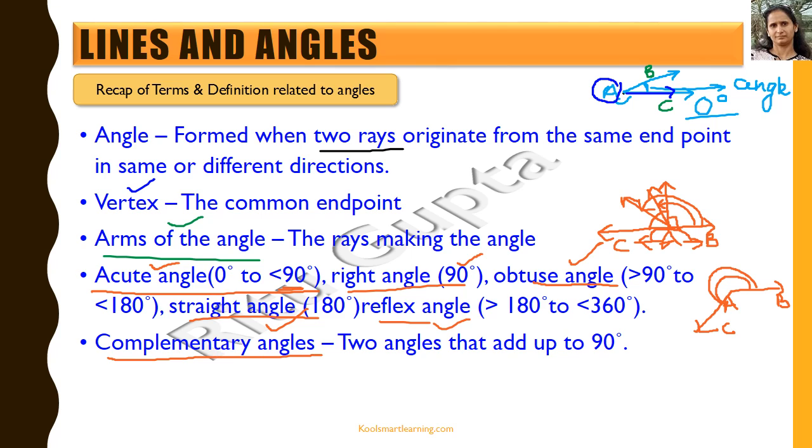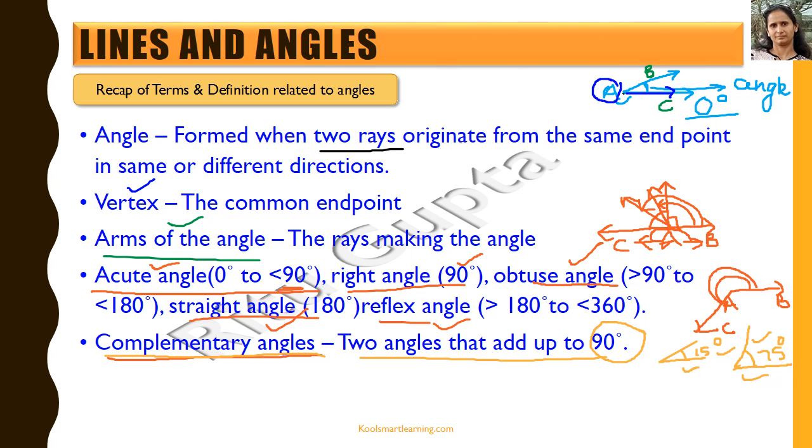Now complementary angles. Complementary angles are two angles that add up to 90 degrees. So if I make an angle, say this is 15 degrees, and I make another angle, say this is 75 degrees. Since these two angles add up to 90, 15 plus 75 makes 90, these two angles are